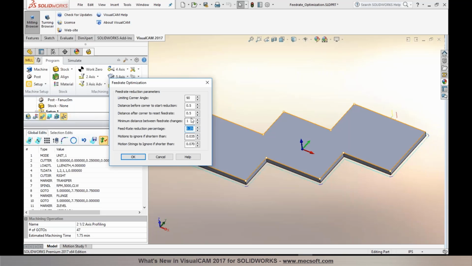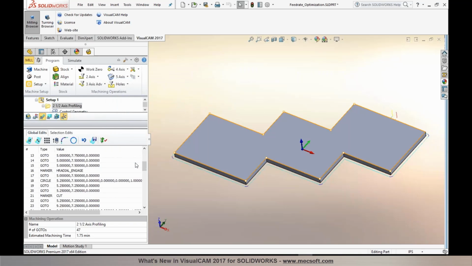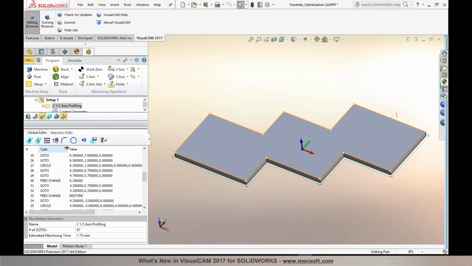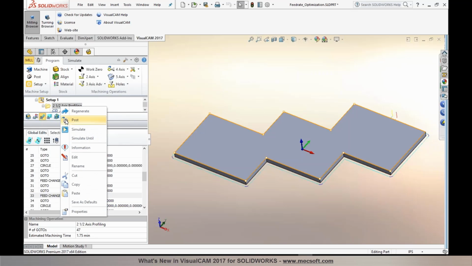So you can apply the feed rate optimizations, and you can also ignore motions if they're shorter than a certain distance in here. So you can specify these parameters, and as you accept it, you will now notice that these changes are automatically reflected here in the toolpath editor, where it drops the feed rate and restores it back in here. And as you post-process your toolpath,